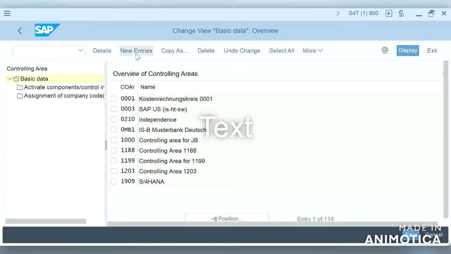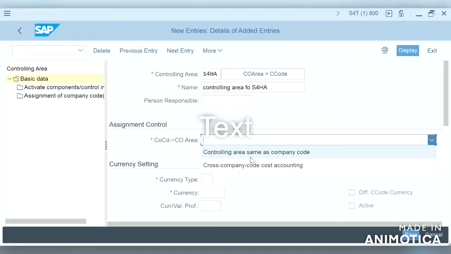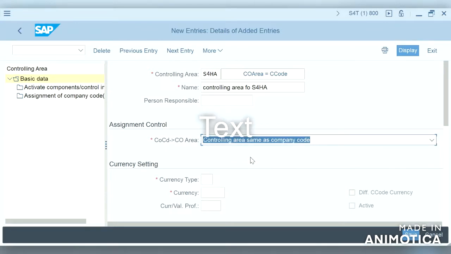Here we will click on new entries. Controlling area we will give same as our company code, and name as controlling area for S/4HANA, and here we will select controlling area same as company code.